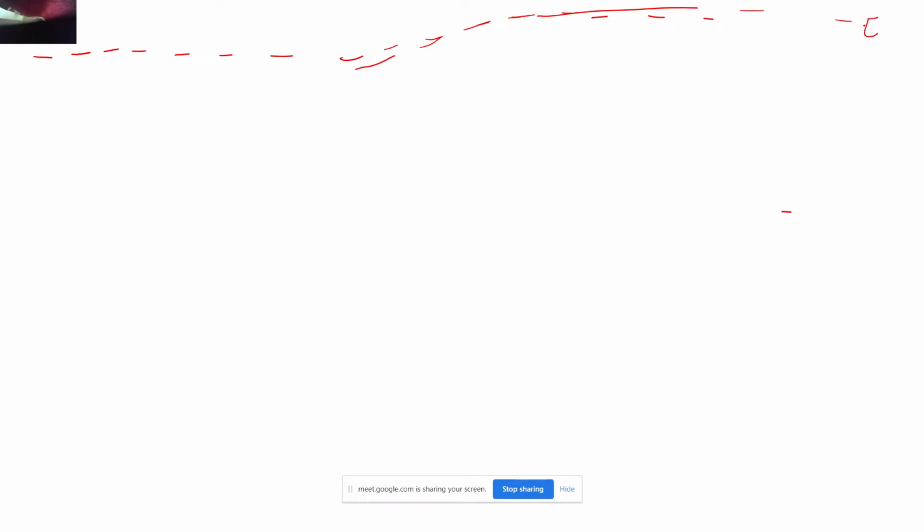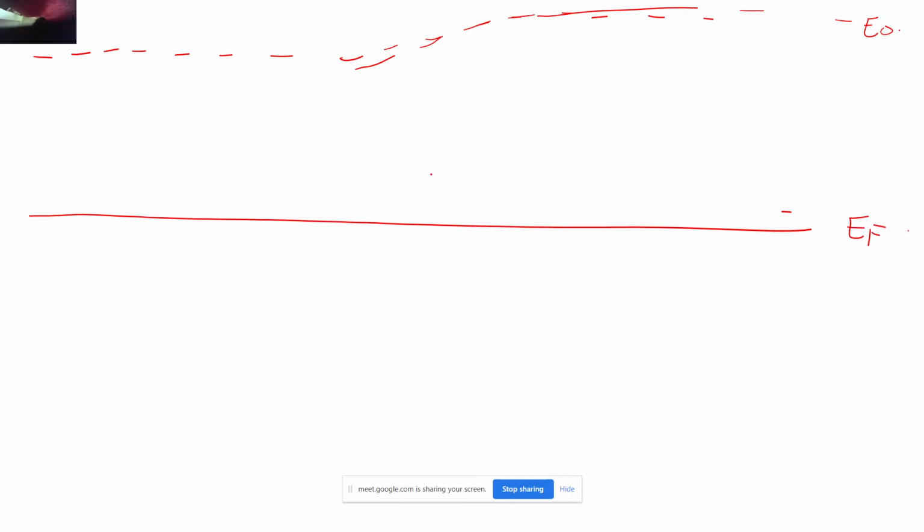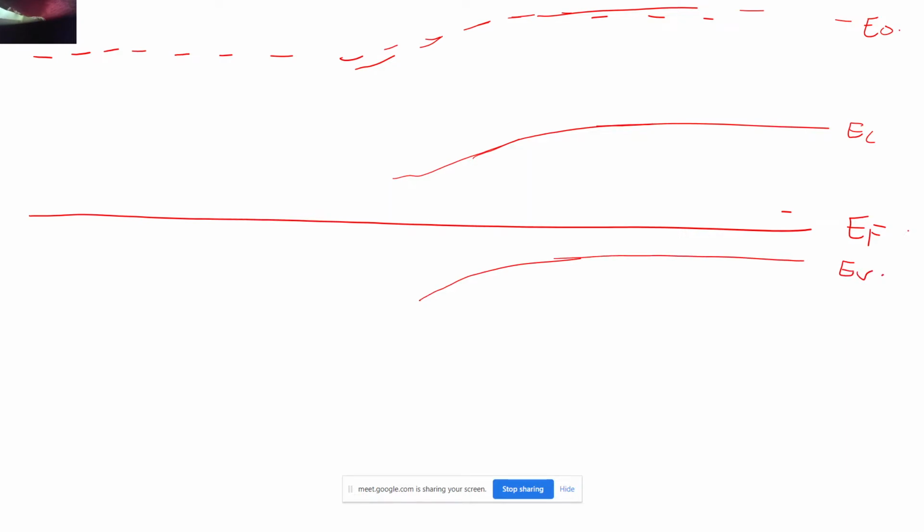So this is my vacuum level. My Fermi level has to remain constant over here. And what will be the shape of the EC? It will be the same as the vacuum level, correct? This will be EC, the EF is present, and my EV will be like this, correct? And for the metal, as you can see, this formula is present over here. This will be my phi B0, this will be my phi M, and this is my chi of Si, correct?